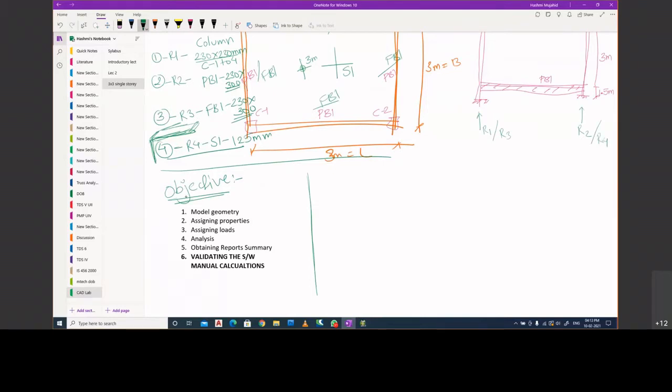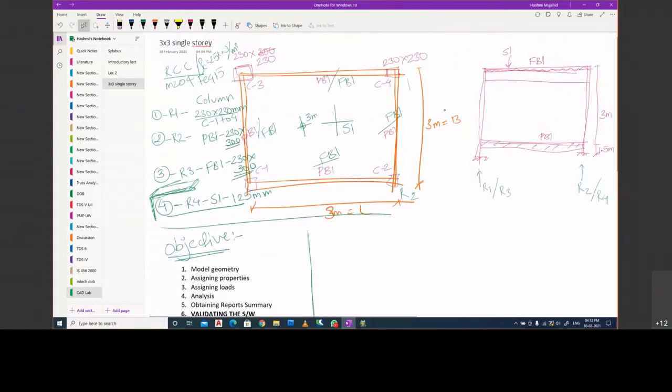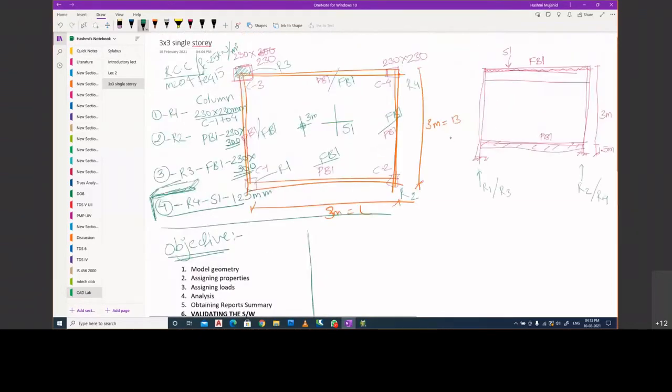This is one objective behind our study. And we will try to analyze what the bending moment and the shear force are for this particular frame.